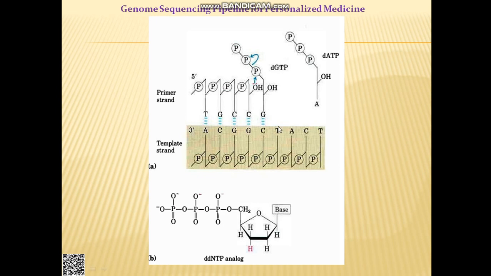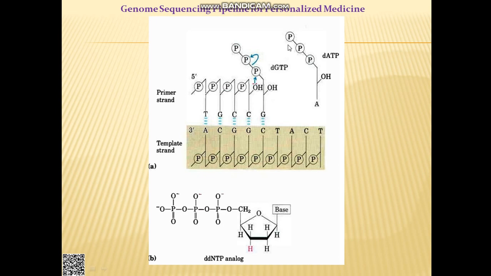Now one G should come, because what is happening here? This is C, and so one G should come here. So when the G will come, it will come as a dGTP, deoxyguanosine triphosphate, as we have said. 3 phosphate groups are there. So one more hydroxyl group is there. So here these hydroxyl groups are needed to make this covalent bond, which is called the phosphodiester bond. So what will happen if this hydroxyl group is not there? So what will happen? The chain termination. See here you see, T होने से यहाँ पे A होना चाहिए. There should be an A. When there is an A, there should be a T. Likewise. So since these hydroxyl groups are there, the gaps will be formed.